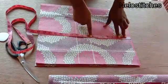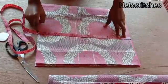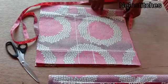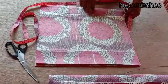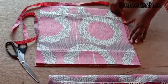Okay, and then here is my chest line, my bust point, and then the length I am working with is 17. I added 1 inch to it, making it 18 for folding allowance. Okay, all your measurements are going to start from here. All right,